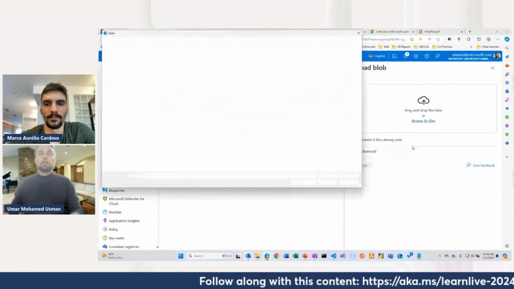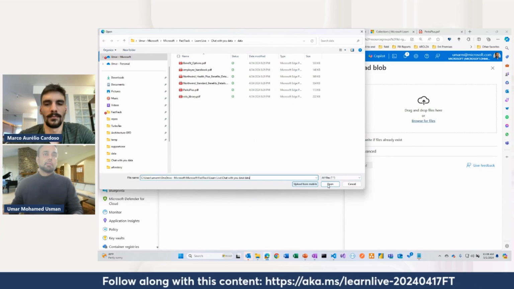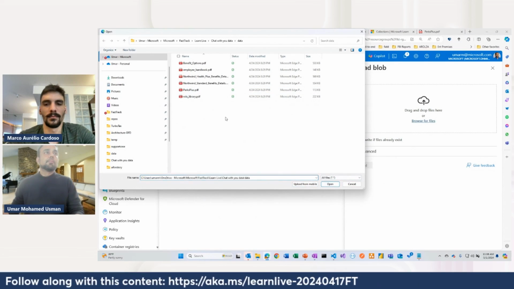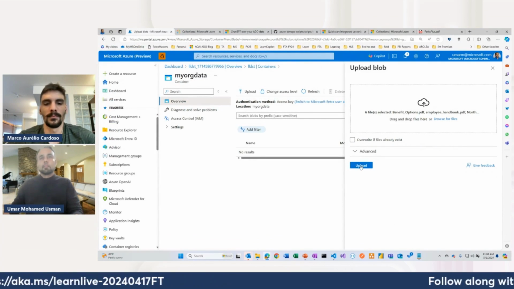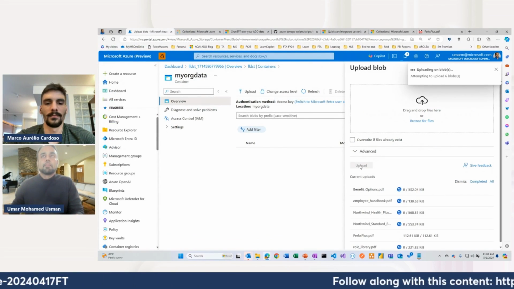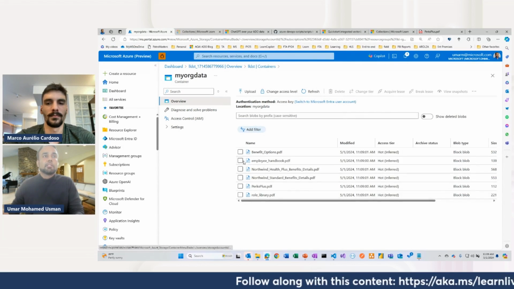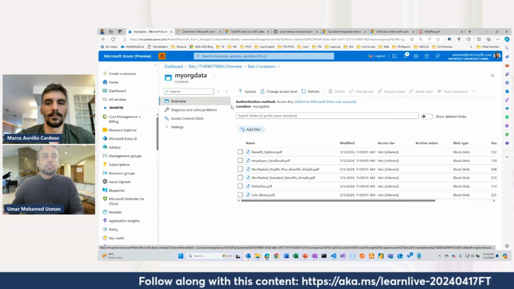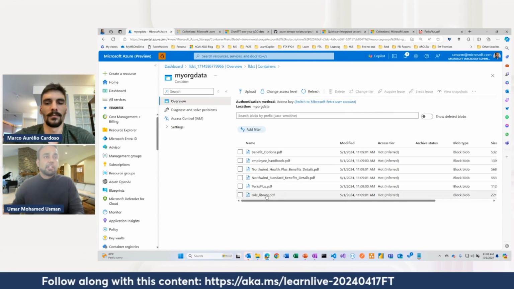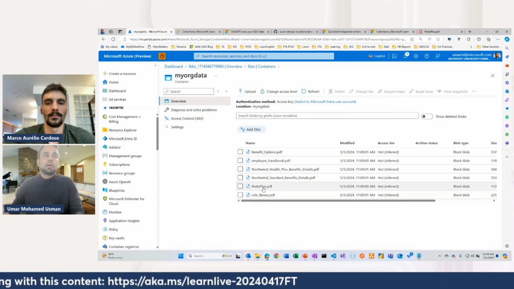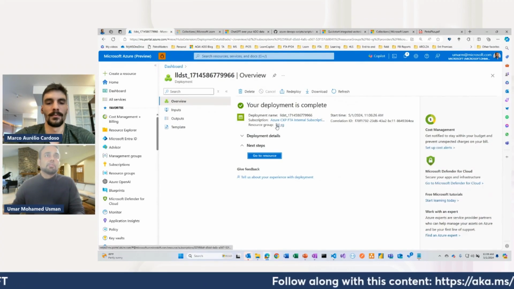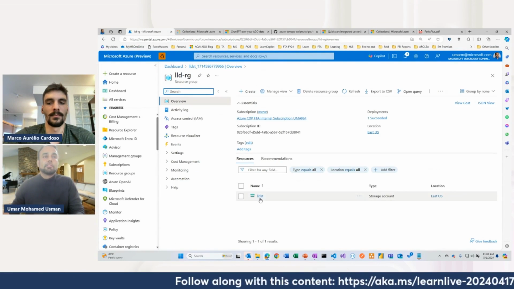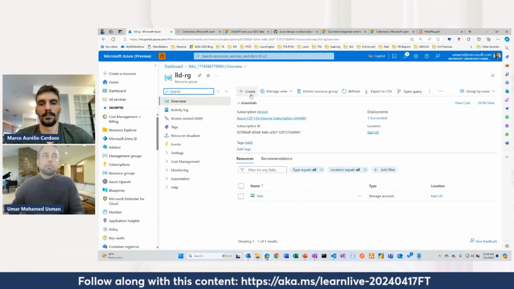Go ahead and upload these documents. All right, there you go. So what we have done is, so far we have created a resource group and a storage account. Under the storage account, we've created a container, uploaded about 6 documents related to my company, right, specifically. Now I'm going to go back to the resource group. Right, as you see, we have a resource group and a storage account. Next, what we're going to do is we're going to create